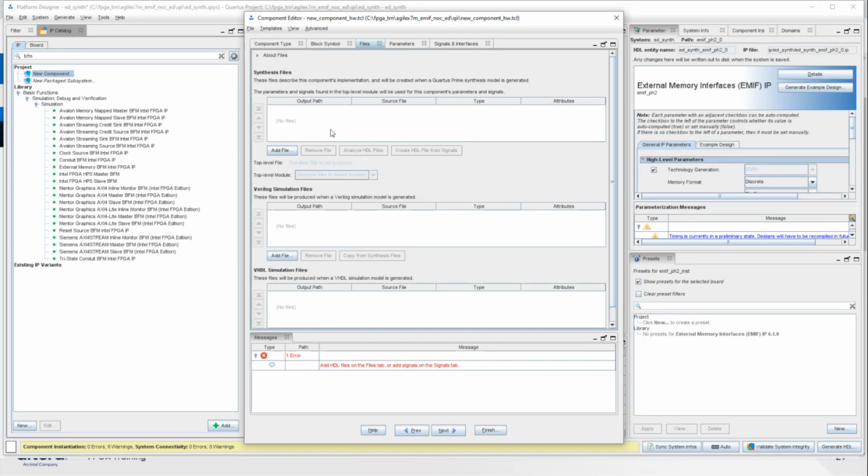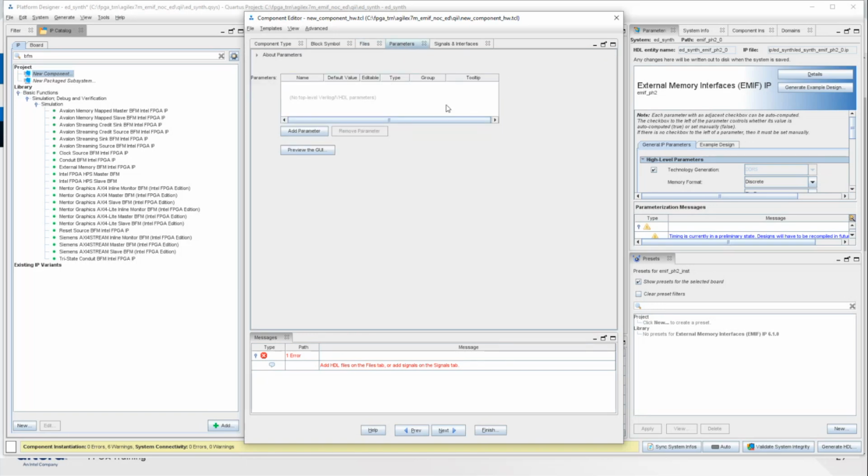But for synthesis, you would put files up at the top here, and specify which is the top level module, because you're basically building a small design here with a top level design. If there's any parameters found in the HDL code, such as a parameter that sets the bus width that a user could customize when they make use of this design, you can specify that you want to use that parameter and that somebody would be able to edit it